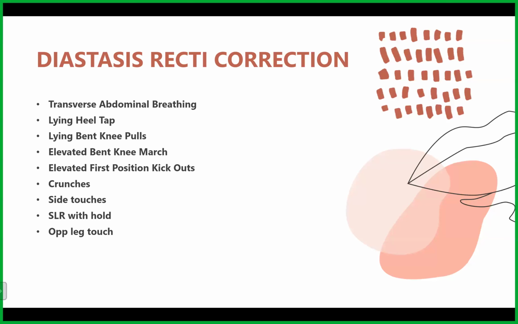Should we manually approximate the rectus and then do the head lift? Okay, you're asking about the use of corsets or belts. We keep the right hand near the right side of the umbilicus and the left hand near the left, but you should not push or compress the tummy together. That will not help. You have to strengthen the muscle. You strengthen the muscle, it will get attached back together. You cannot go and push it.